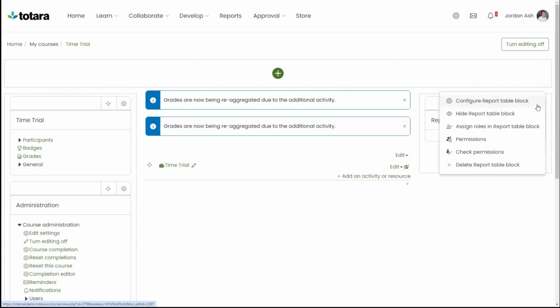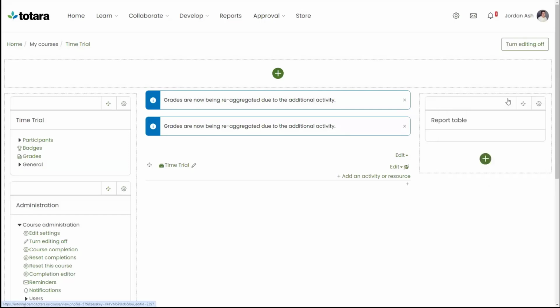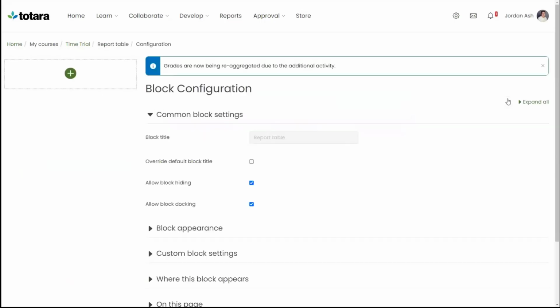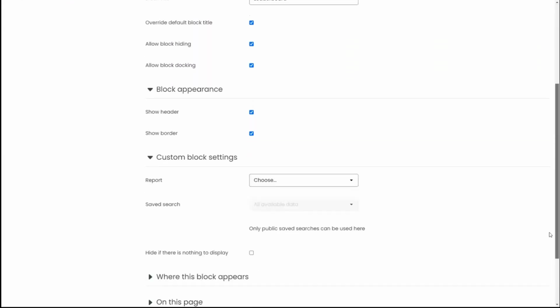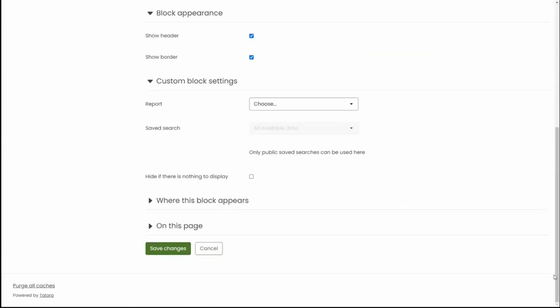I'll then edit the settings on my new block. I'll customize the title and I'll call this leaderboard. I can also choose whether or not to display my block header or remove a border from a block. I'll leave these as they are